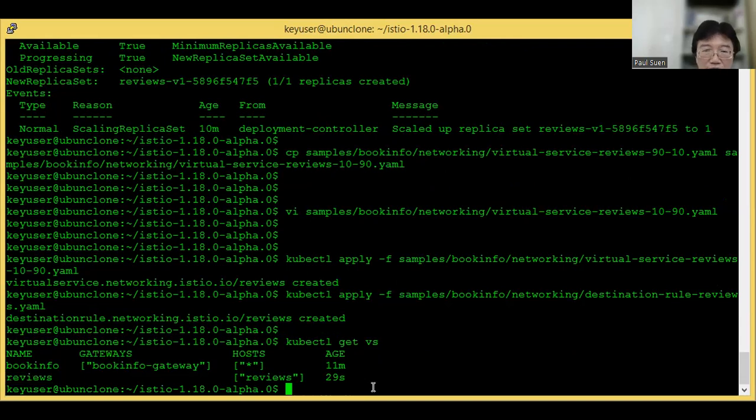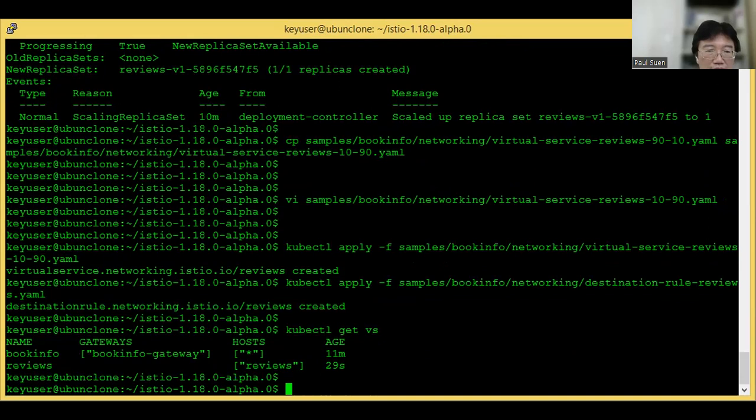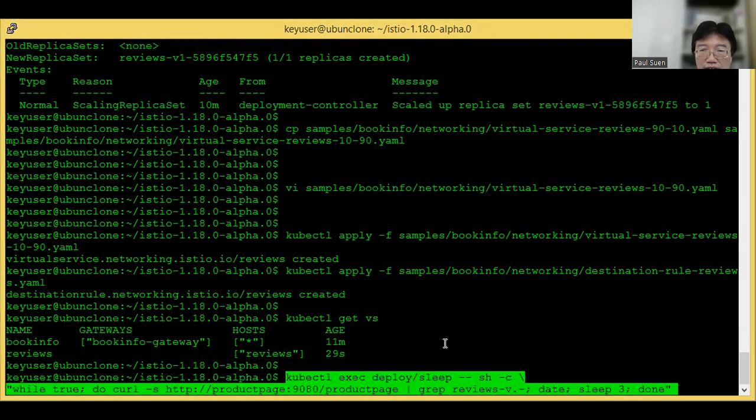So now we again run the curl command loop to check the access from the sleep pod to this reviews service.